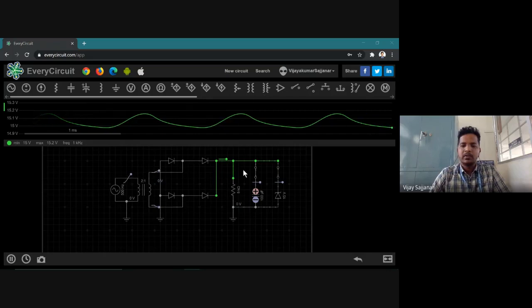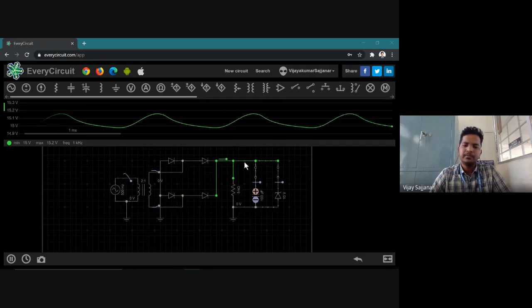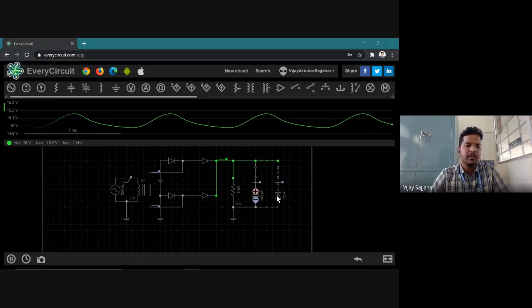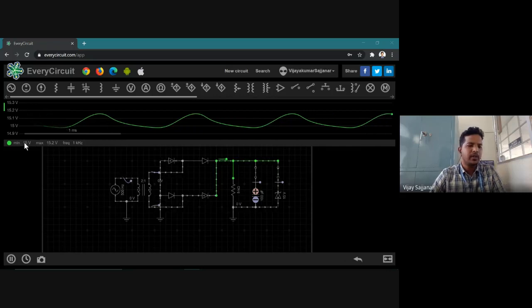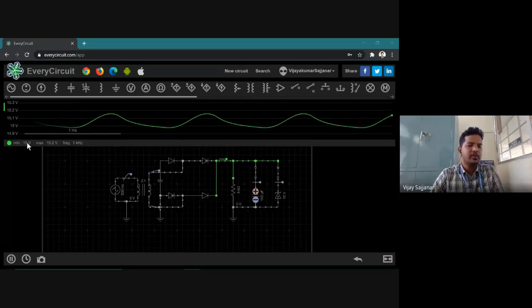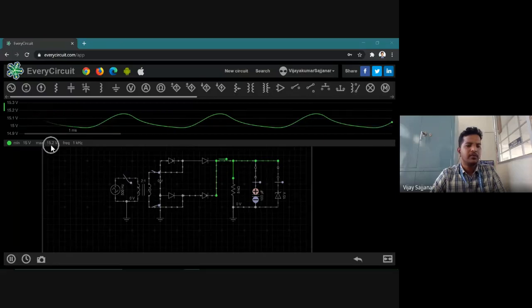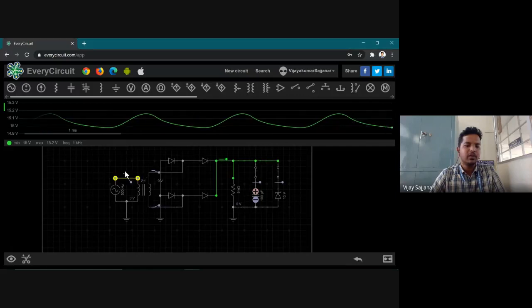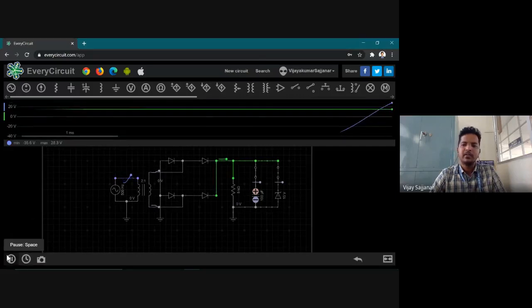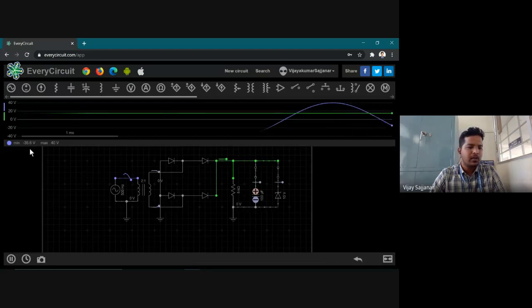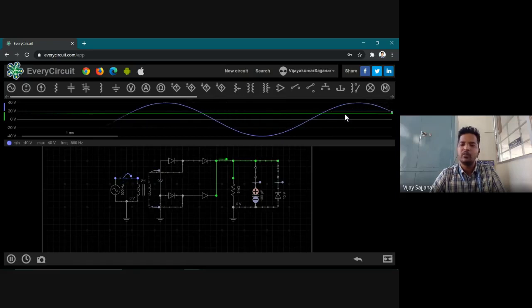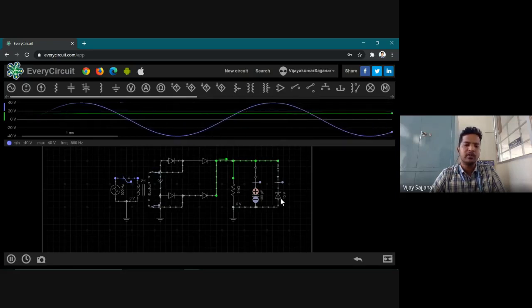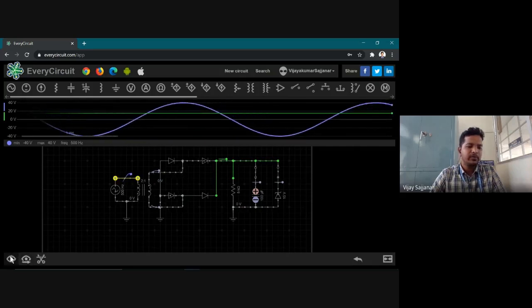So what we have is, we'll see that because of this Zener diode, our output is trying to be constant at 15 volts. A small variation, 0.2 volts is there, 15 volts, 15.2 volts, which is admissible. Still, it is a flat wave compared to our very large AC. This is our very large AC of 40 volts, positive 40, negative 40. We'll be seeing that the output is flat at 15 volts. I hide this blue wave.